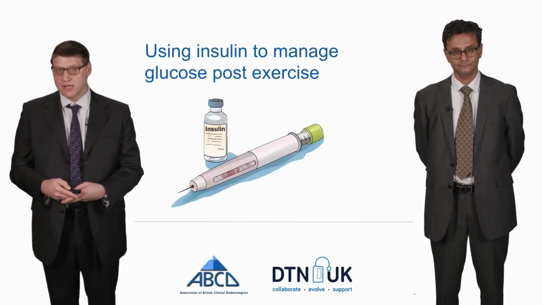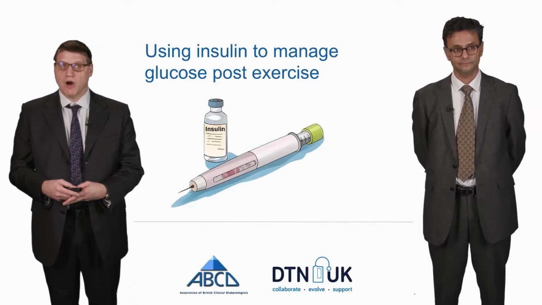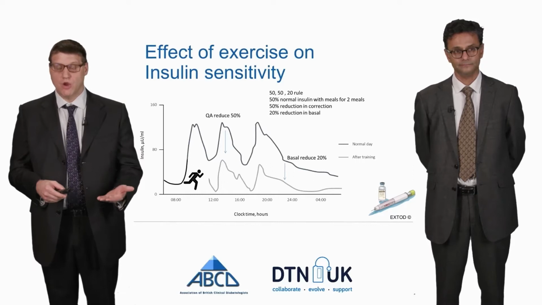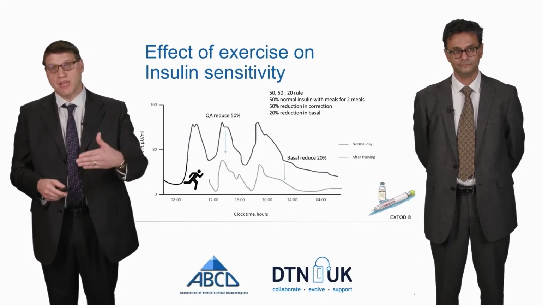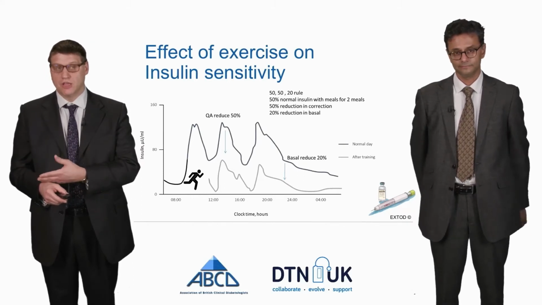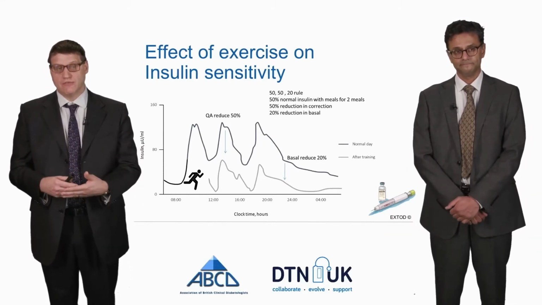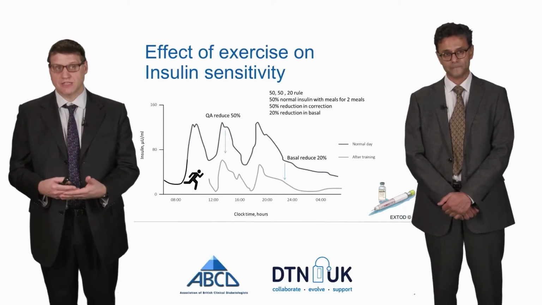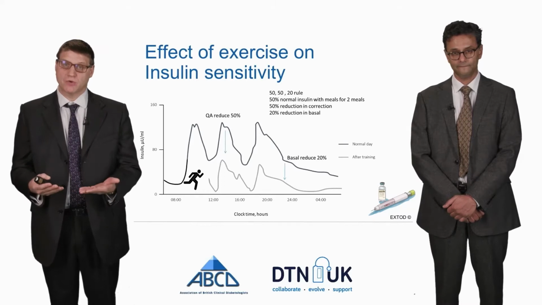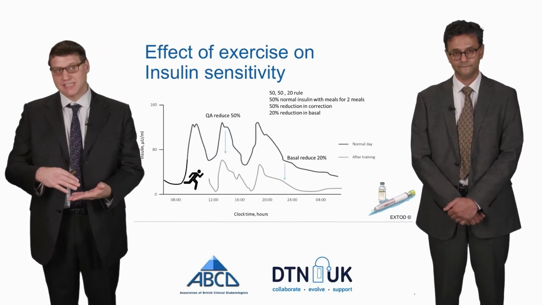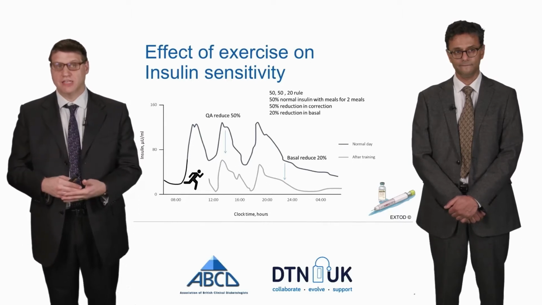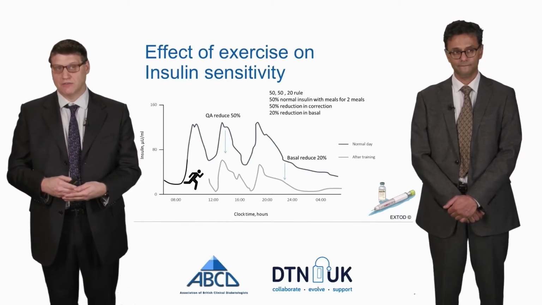So starting with insulin, as Parth mentioned, we all have a profile of insulin, starting with a low insulin in the morning, then having peaks with each meal time, and then your insulin falling over the evening. What happens to an individual who doesn't have type 1 diabetes after exercise is that they become more sensitive to insulin. Because they become more sensitive to insulin, they produce less insulin because it's able to do the work, and they have lower levels of insulin after doing exercise.